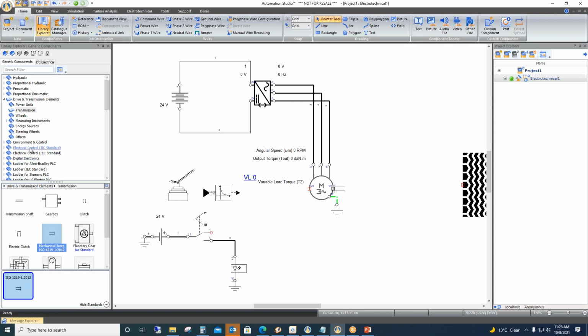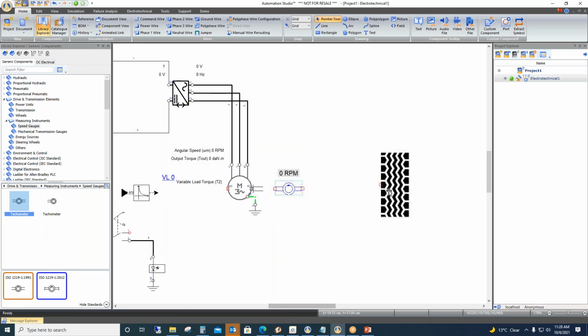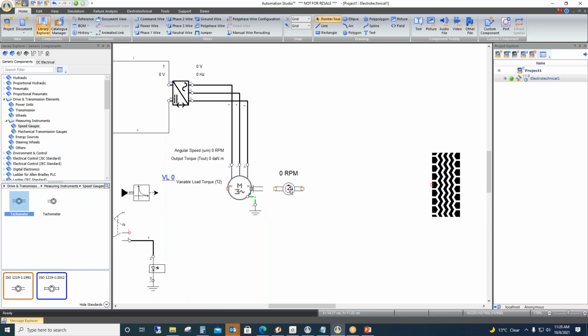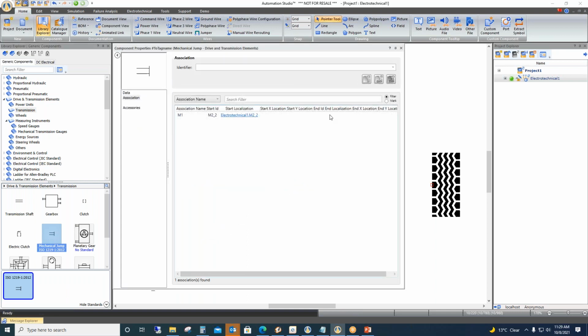I will take one tachometer. I'll take one more mechanical jump. Now this jump I will be linking to the mechanical jump that I have attached to the motor, that is M1.